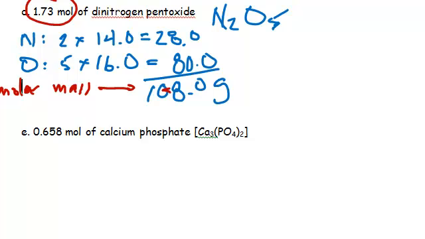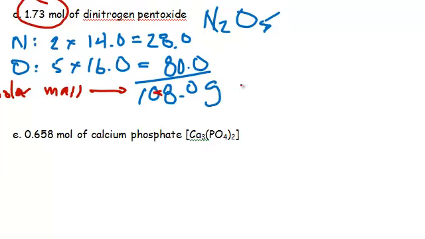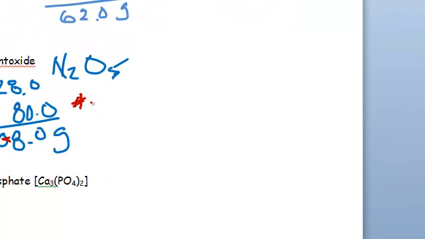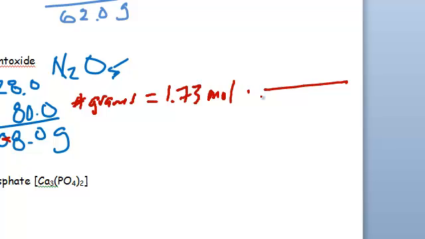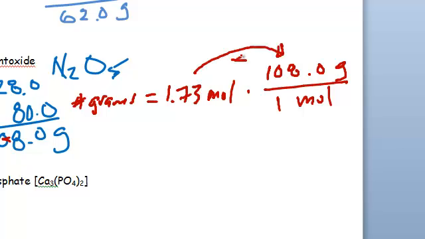To set this up, we say number of grams equals 1.73 moles times, and then we set up our conversion factor. We want the grams on top, because that's what we're calculating. We want to cancel out moles, and that's 1 mole. So take your handy dandy calculator, multiply 1.73 times 108, and I get